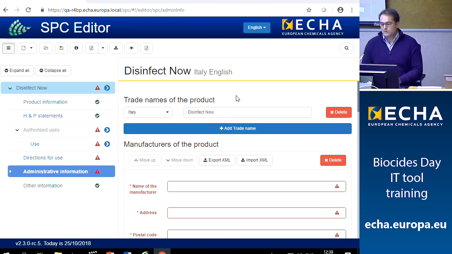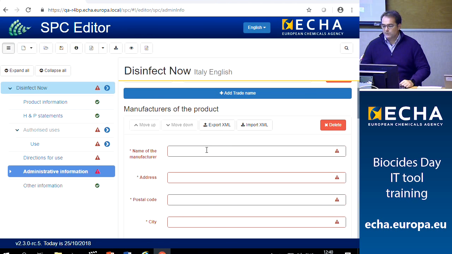Of course, because we are going for a national authorization, we cannot add a different market area, for example. What you can do is add trade names from the onboarding situation when you want to cover, for example, a product from your distributors. But this, okay, so whenever we go then